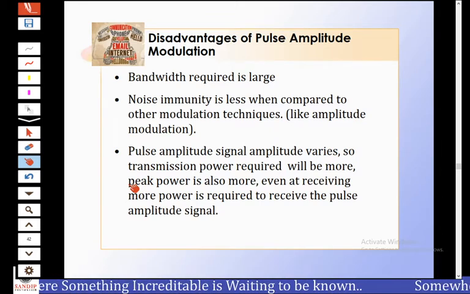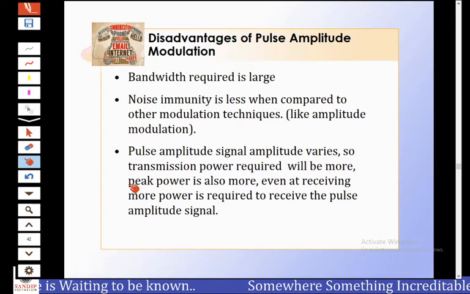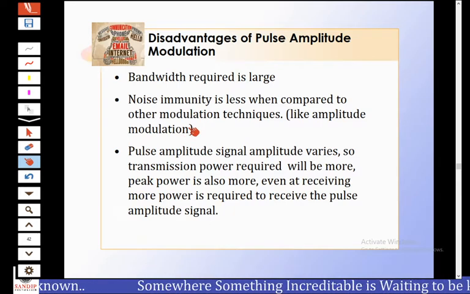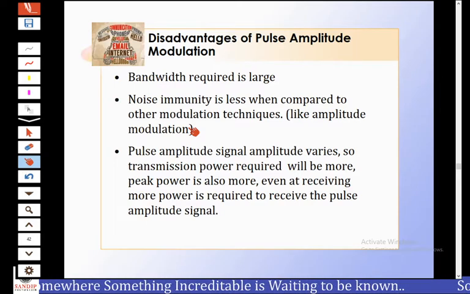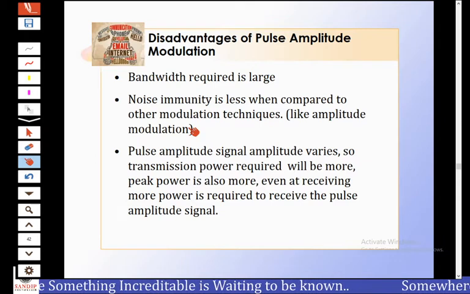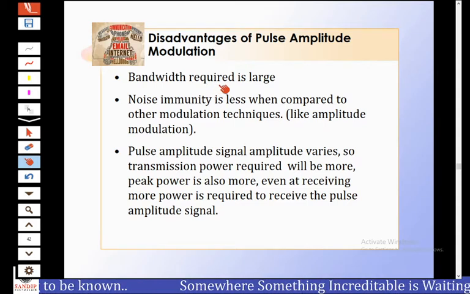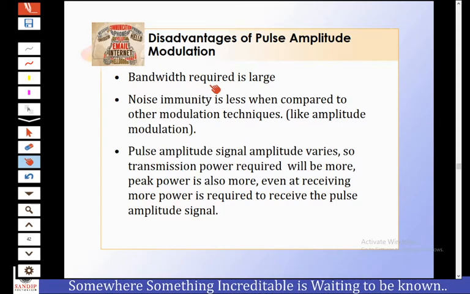Now, what are the disadvantages of the pulse amplitude modulation technique? The pulse amplitude modulation signal changes according to the amplitude of the modulating signal. Therefore, like AM, the effect of additive noise is maximum in pulse amplitude modulation. The added noise cannot be removed easily. This is one of the drawbacks of pulse amplitude modulation. And another one is the transmission bandwidth required for the PAM signal is too large as compared to the maximum frequency contained in the signal x of t.